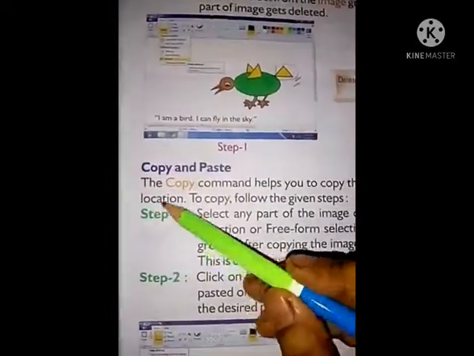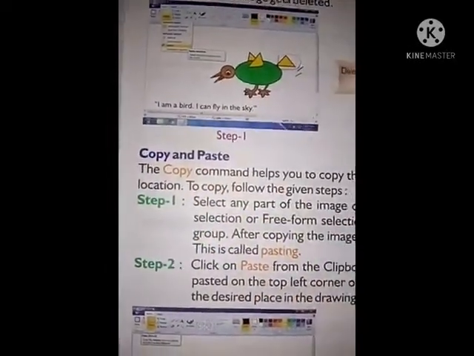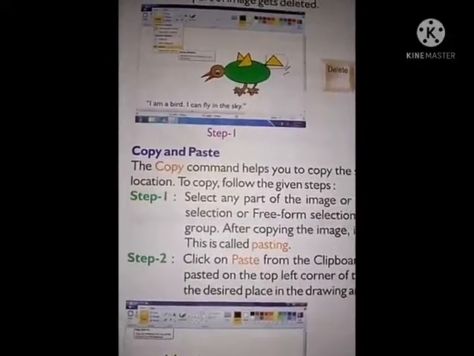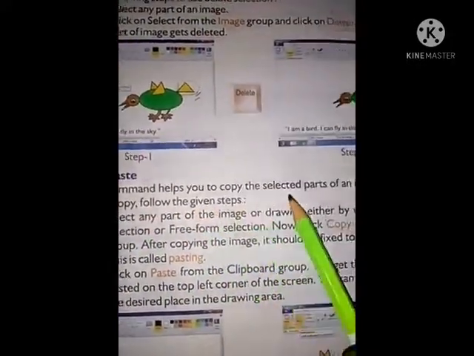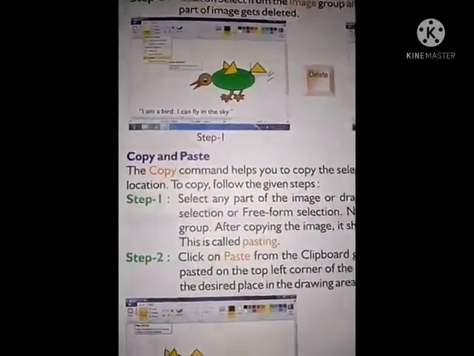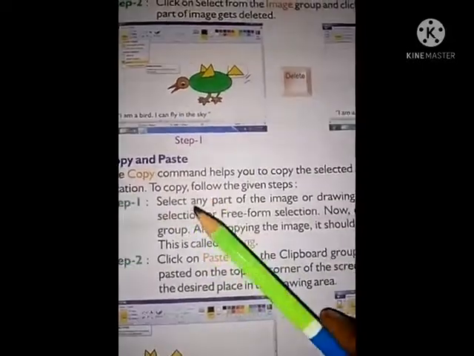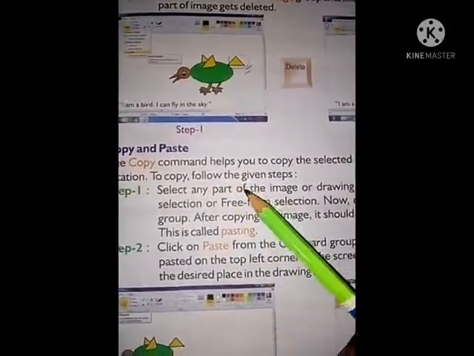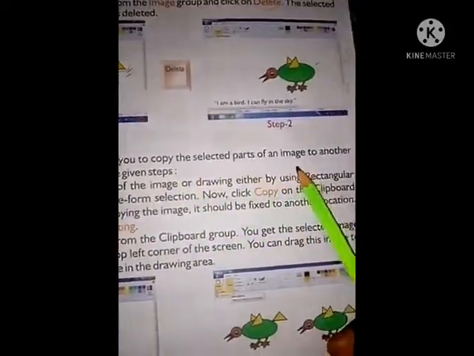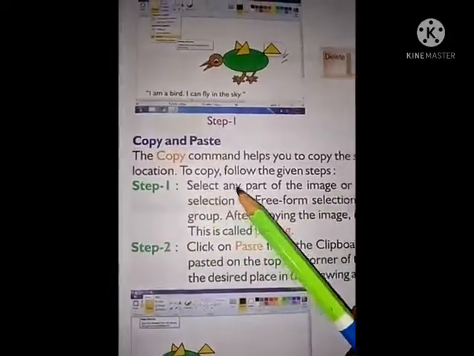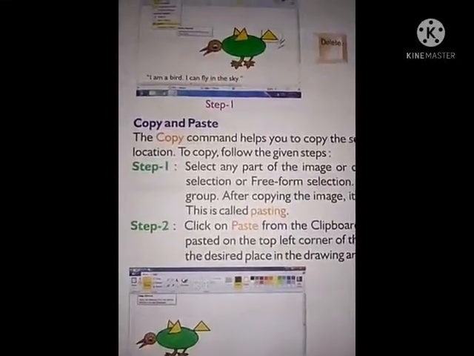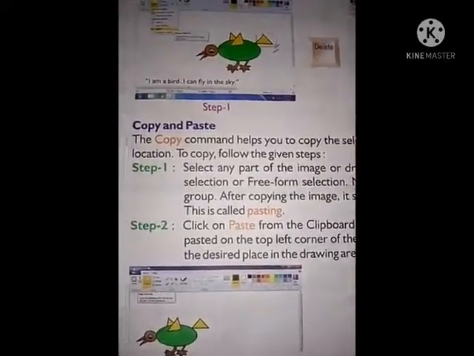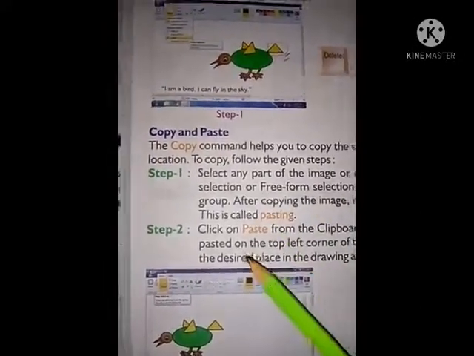Okay, copy and paste. How can we copy and paste some parts? The copy command helps you to copy the selected parts of an image to another location. To copy anything from an image, we can follow these steps.